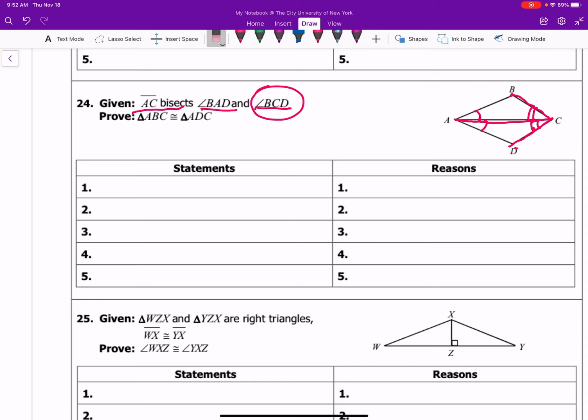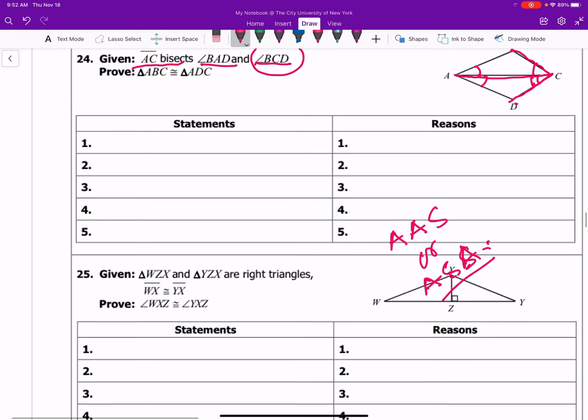Find that out, and then probably you will see two of the angles and the side will be included. So you can find out whether it's angle-side-angle or side-angle-side. You'll have to decide about it. Take your decision and write it. Okay,